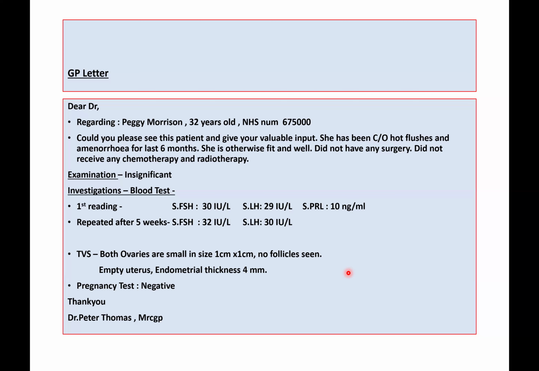A few things, which are not just for Anita, but for everyone. When you see any scenario, just to save your time, if you have a lot of information given here, just see she's otherwise fit and well. She did not have any surgery, did not receive any chemotherapy or radiotherapy. So just ask, in a few seconds it will take: I can see you are medically fit and well, and I can see from the GP note you did not have any surgery and you did not receive anti-cancer medication or radiotherapy. Am I right? Finish it in a few seconds. You don't have to ask, are you following GP for any medical condition like diabetes, high blood pressure? Even when you save the seconds, it becomes very important.